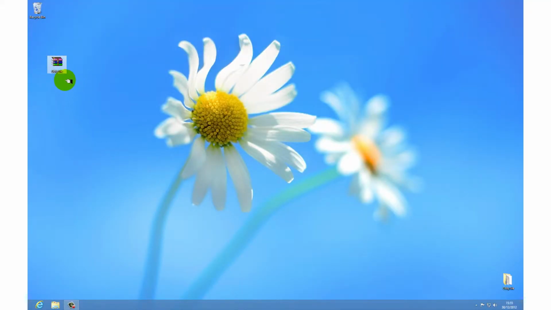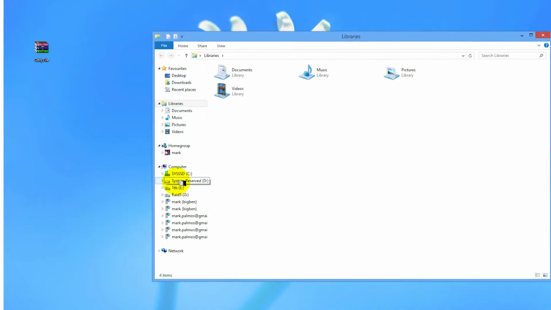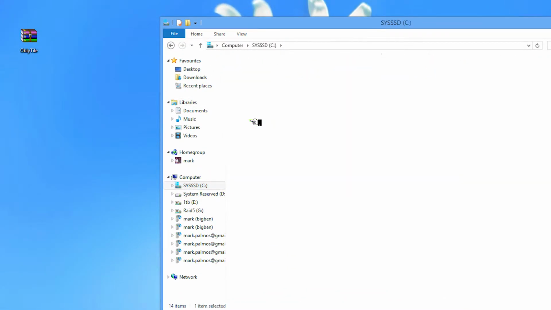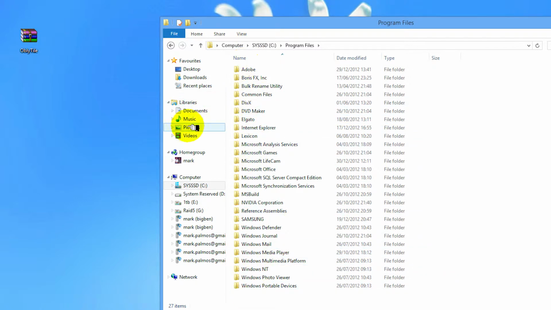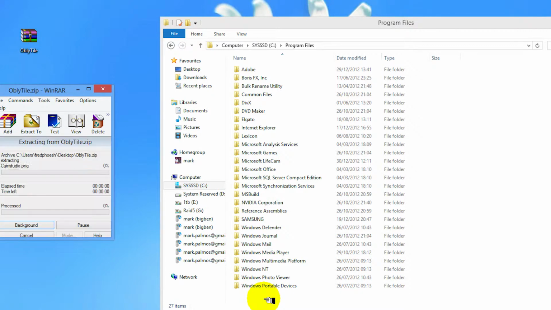Next I want to go back to the desktop, click on it, and I've already downloaded OblyTile over here. I'm going to quickly open up Windows Explorer by clicking on that, and I'm going to navigate to my system hard drive, the C drive, go into program files, and I can see all the program stuff there. Now I'm going to double click on the zip file that I've got on my desktop, and it shows me what I've actually got inside there, which is a folder called OblyTile. I'm going to drag and drop that to an empty space on the program files folder inside the C drive,